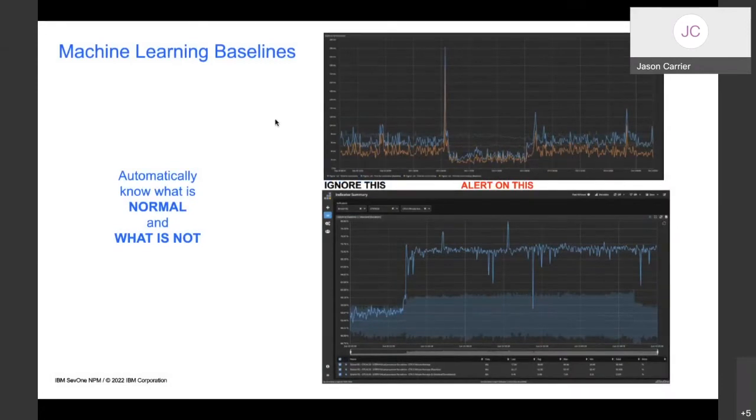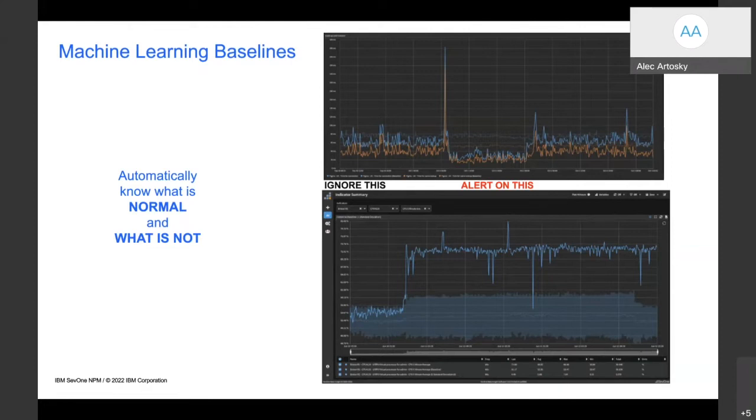So what I really want to walk you guys through is some use cases that we have found that really show how, using SevOne's AI capabilities, we give users the ability to take their data and make it substantially more useful and more powerful. When I think of SevOne, one of the core pillars of what SevOne does and how it works is this machine learning baseline.